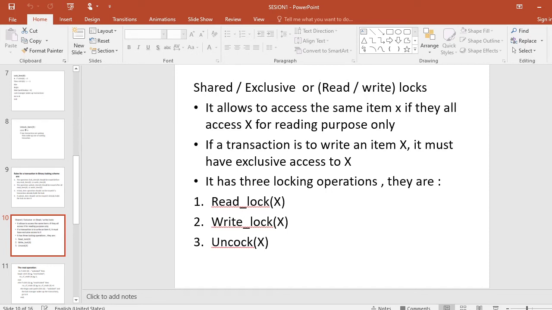If a transaction is to write an item X, it must have exclusive access to X. The shared exclusive lock is used for this purpose and is called a multiple mode lock. It has three locking operations: number 1, read lock X, second, write lock X, third, unlock X.